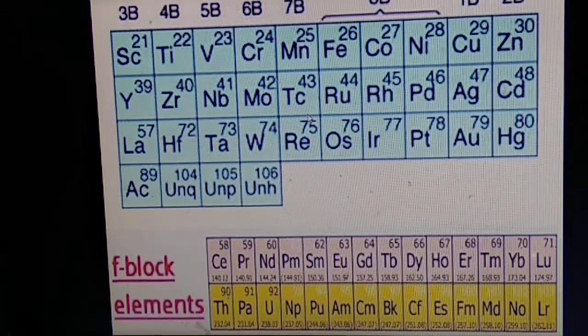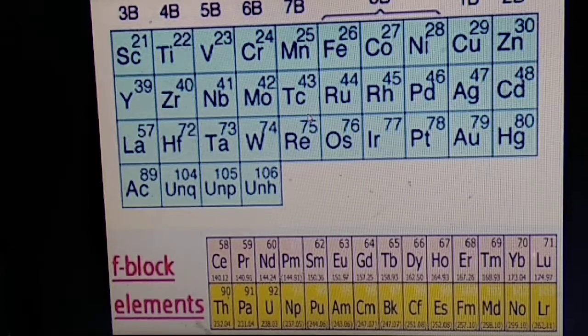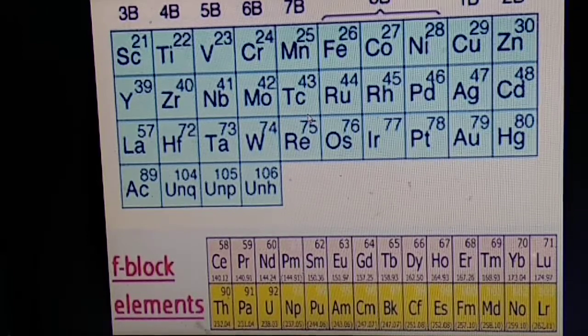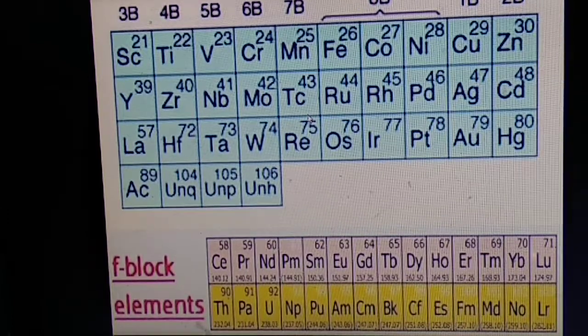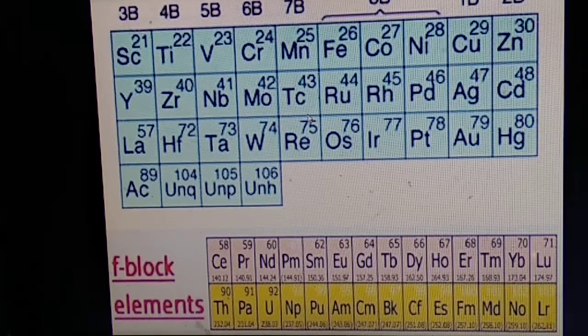Just you have seen here scandium 21. What is the atomic number of scandium? 21. Titanium 22. Vanadium 23. Chromium 24. Manganese 25. Iron 26. Cobalt 27. Nickel 28. Copper 29. Zinc 30. 3B, 4B, 5B, 6B, 7B group, 8B group include the elements iron, cobalt, nickel, and group